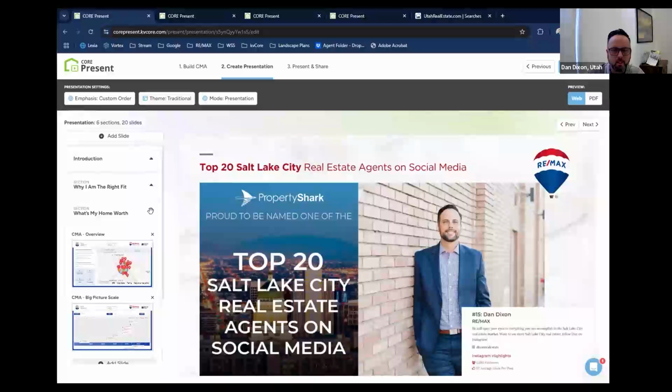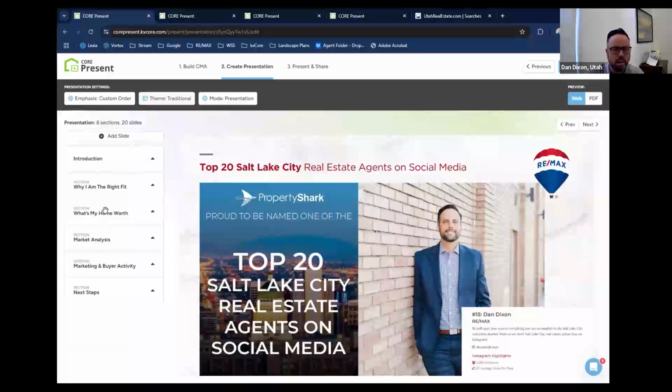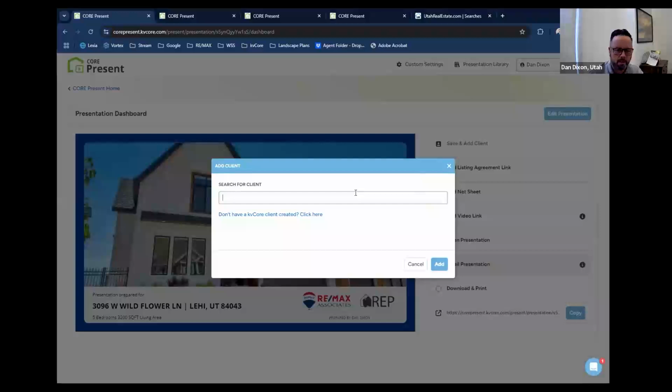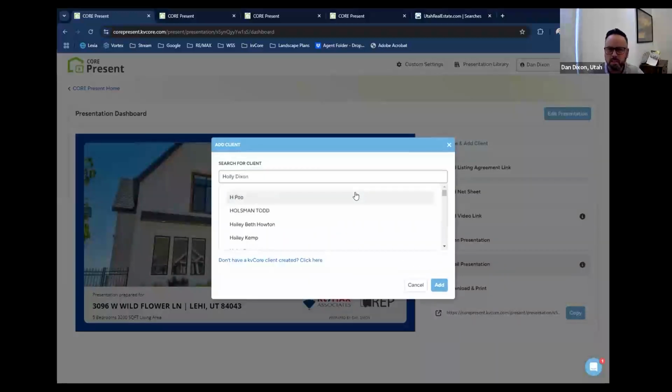And so once you've selected which slides you want, you can also move the sections. Maybe I want my market analysis, the actual value of the home. Maybe I want that last. And so I'll move that whole section down to the bottom, right? And then once I have the right order with the right slides, then I come up here and I hit present and share on the top right. And it'll take a second, and then it'll create your presentation here. I can add that client. So I'm gonna add my wife, and she's gonna get an email that she's gonna click on and be like, what's this for?